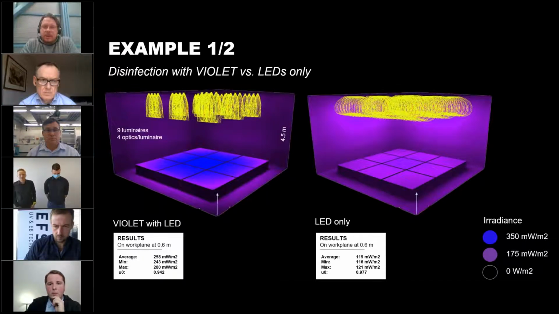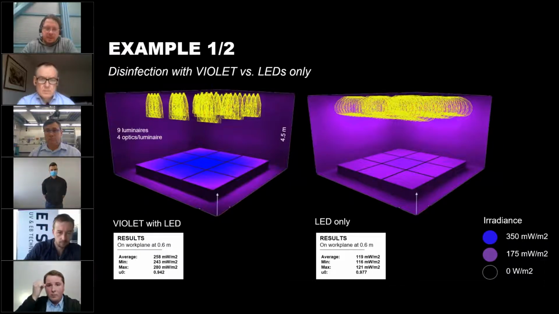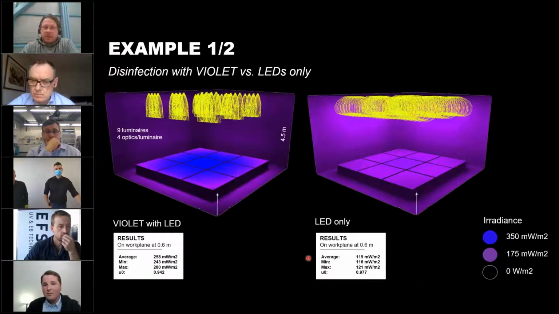And on the right, we have the results with the LEDs alone. And then on the left, we have results with the luminaires using these optics. And we can see the benefits we can gain by focusing that irradiation in the places where it's needed, such as in this case, we want to focus the light in this tray area here, this 3 by 3 meter area. And with the LEDs alone, we can achieve on this work plane close to 120 milliwatts per square meter irradiance levels. If we compare to the irradiance levels we are seeing with the optics, we are over twice the intensity